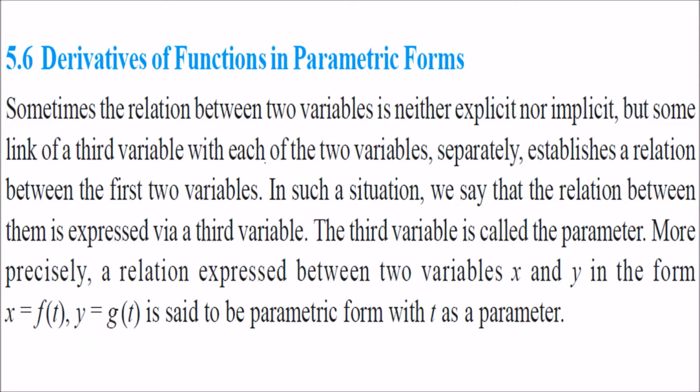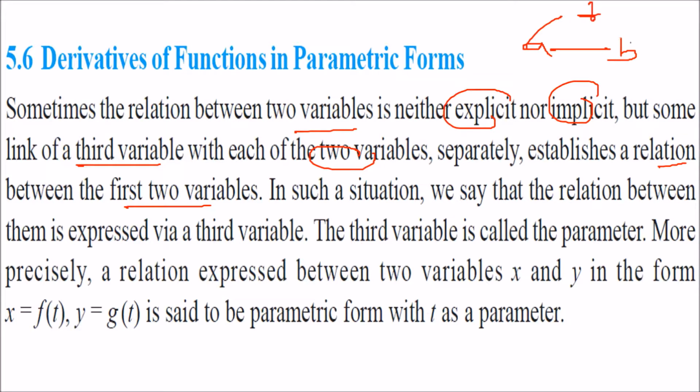Derivatives of function in parametric form. What happens? Sometimes the relation between two variables is neither explicit nor implicit, but there is a link to a third variable. With each of these two variables separately, they are establishing a relation between these first two variables. Means A and B are there, they are not related together, but A is related to T and B is related to T. In this kind of situation, we say that the relation between them is expressed via a third variable,